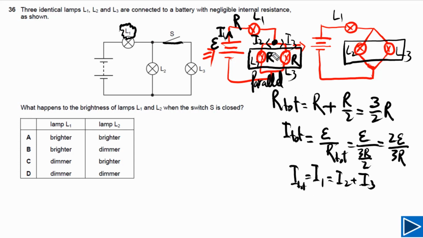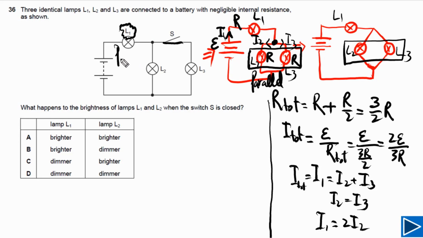Now as these two lamps have the same resistance, we can also say that I2 is equal to I3. So then we can simply say that I1 is equal to 2 times I2. So these are the main points we need to understand, and then we can calculate the power of lamp 1 and